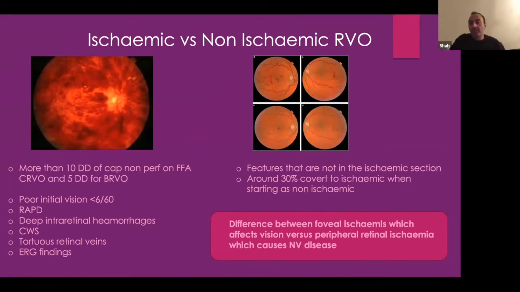So does the patient have a relative afferent pupillary defect? Because if they do, then it is ischemic. And this is very important because it tends to affect the prognosis. So ischemic vein occlusions tend to do much worse than non-ischemic vein occlusion. If you've got an ischemic vein occlusion and the vision is very poor, you may even decide not to proceed with anti-VEGF therapy if the patient doesn't wish to go through an intense regime.